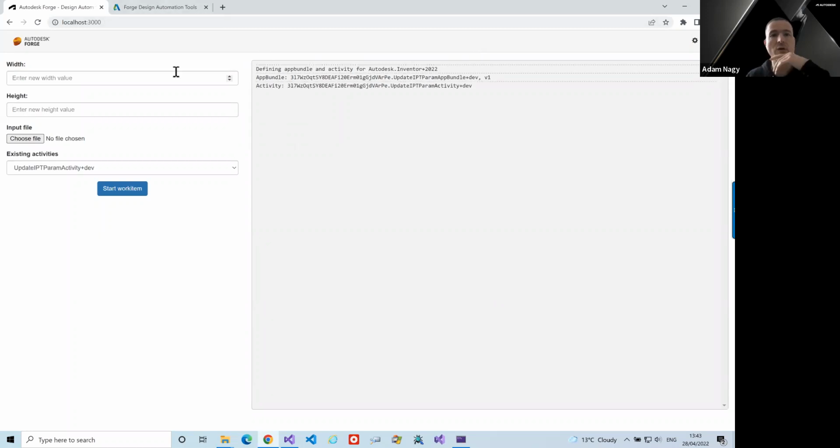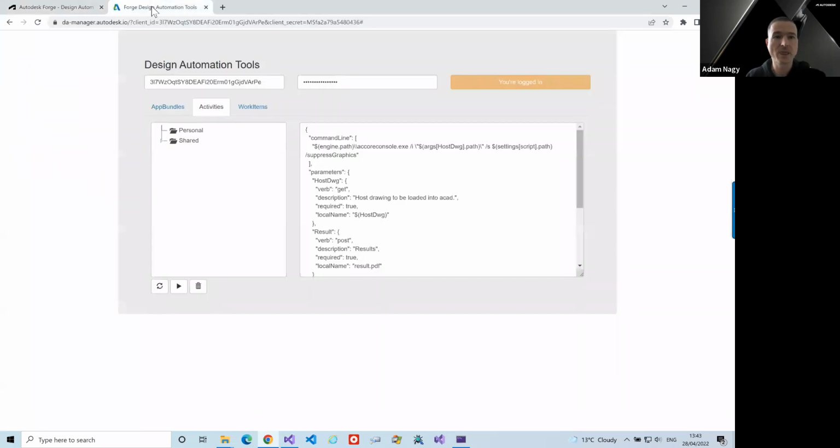I'm not sure if there are more things listed there, but as you can see, now also the drop-down button on the left side got updated. So now we have something to choose from. There is now an existing activity that we could be running if we wanted to, but our sample is not finished yet. But now if I go back here